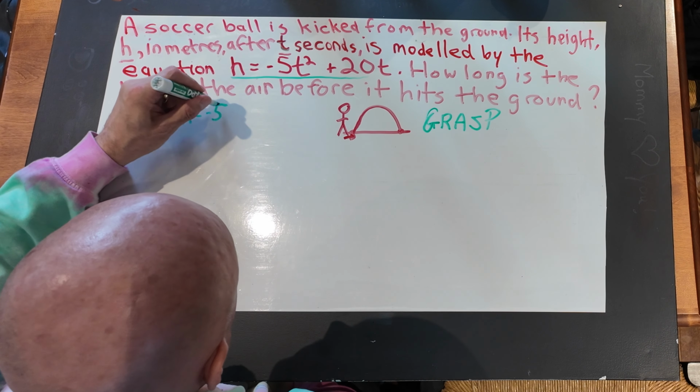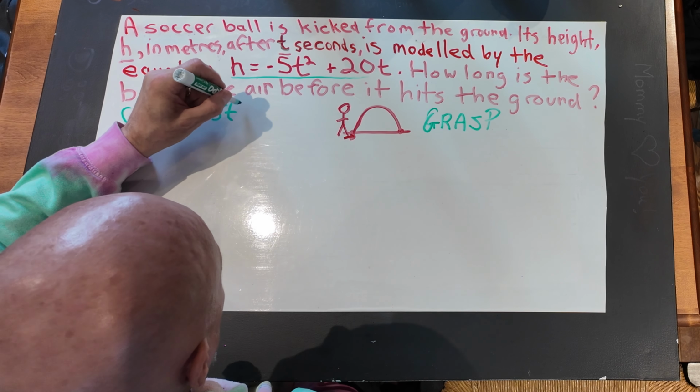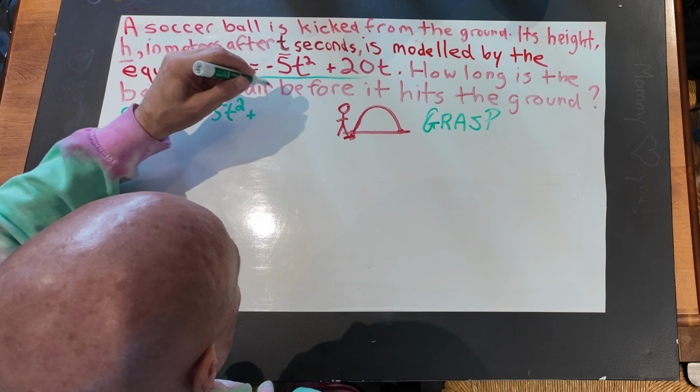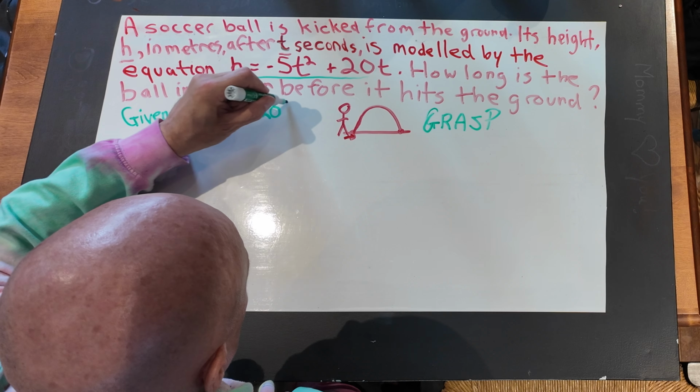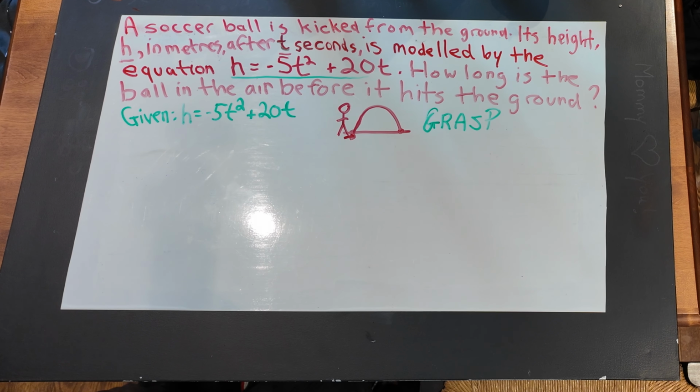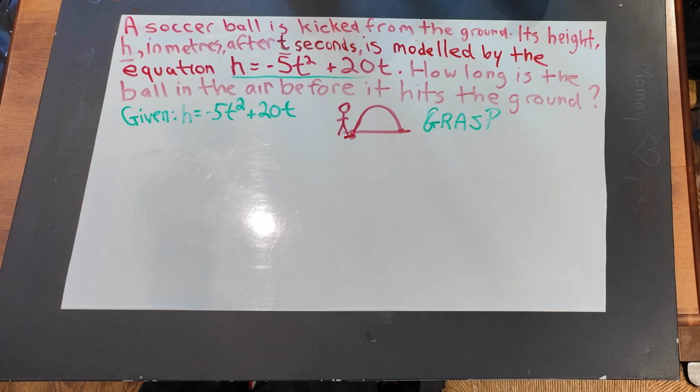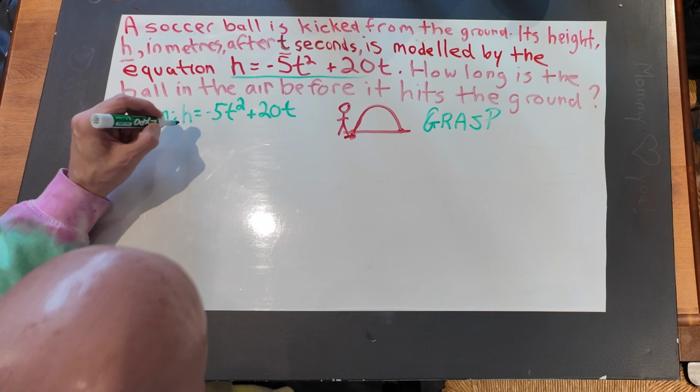Minus 5t squared plus 20t. We're also given another thing. We're given that h